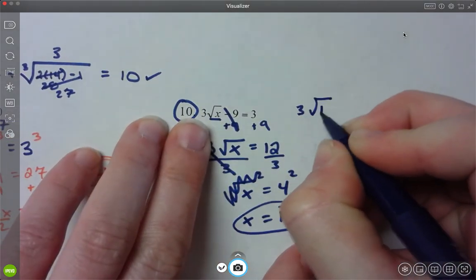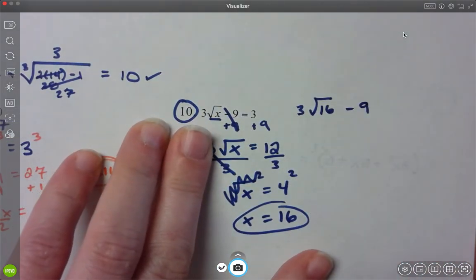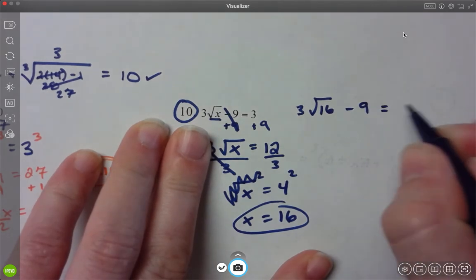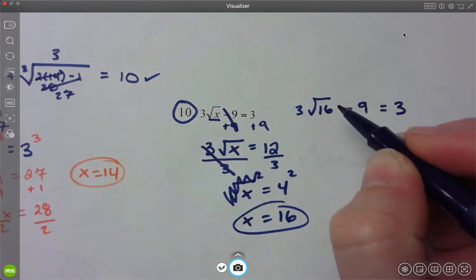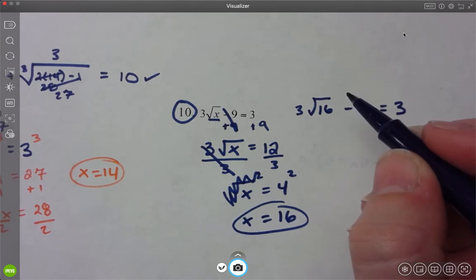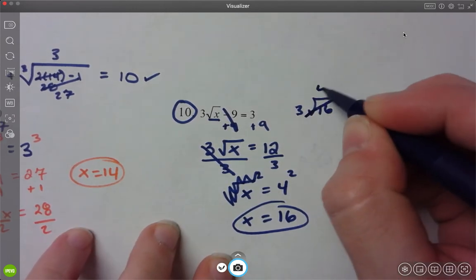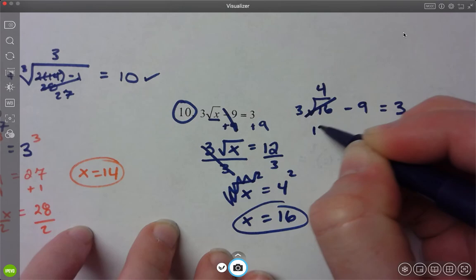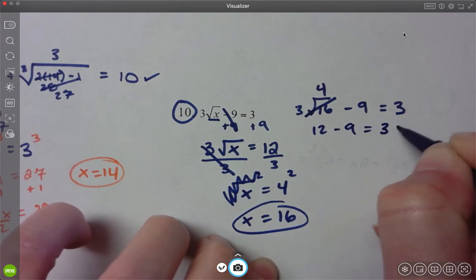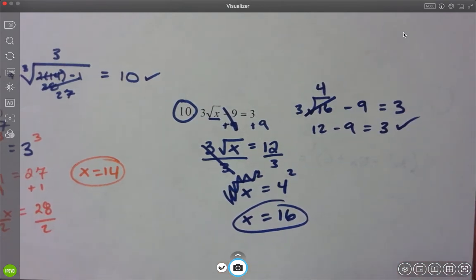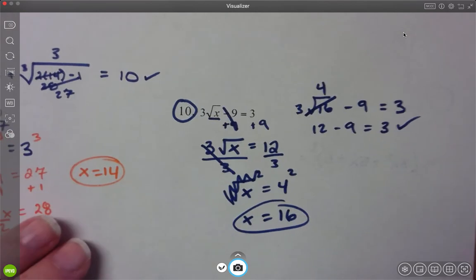3 square root of 16 minus 9, is that minus 9? Equals 3. Yep. Now the square root of 16 is already there. We don't have to have plus and minus. So the square root of 16 is 4. So I have 3 times 4 is 12 minus 9 equals 3. Yep, that's right. Okay. All right, so kind of a short video there, but just kind of going through those